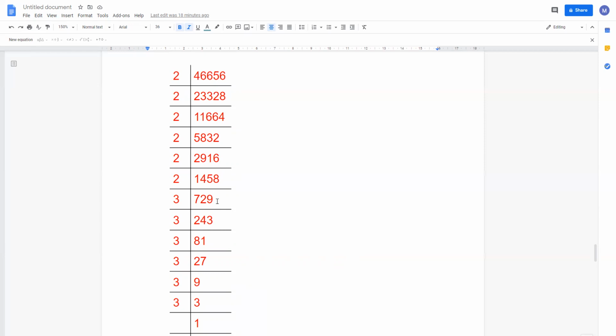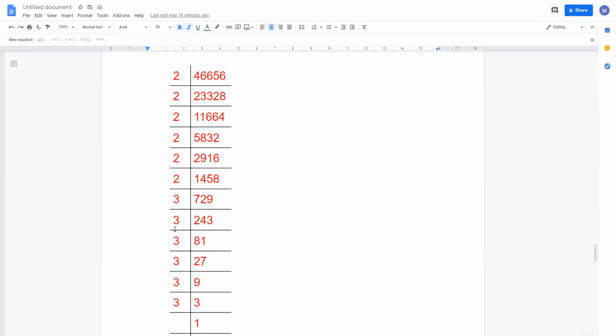Don't do it with 9, because we know that 9 cube equals 729, and the question is about prime factorization, so we can find only prime factors. 9 is not a prime number, so you have to do it with 3 only. So 729 divided by 3: in 7, 3 will go 2 times, 3 2s are 6, 1 remainder, then 1 and 2 will become 12, 3 4s are 12, 3 3s are 9.